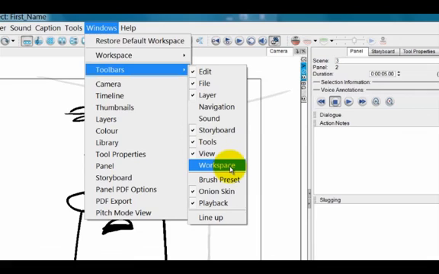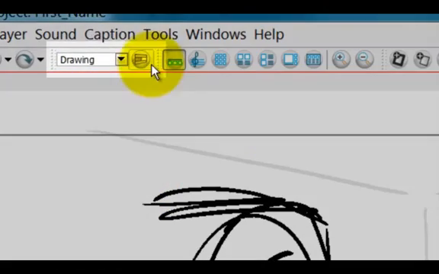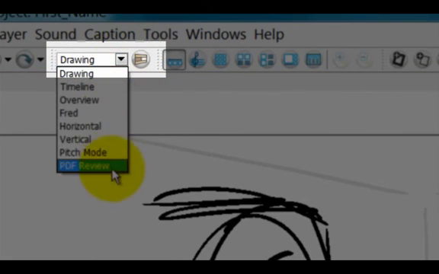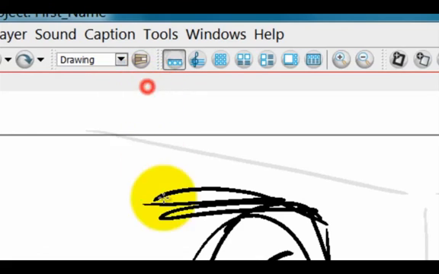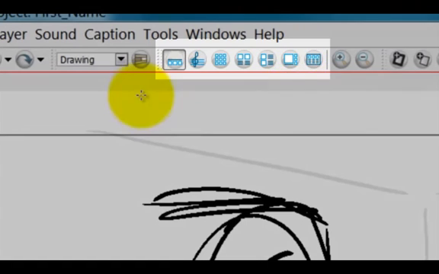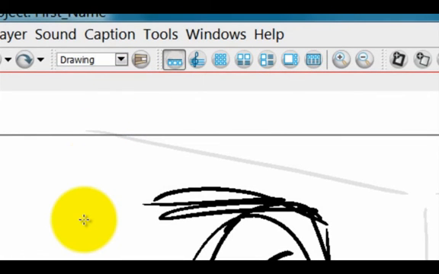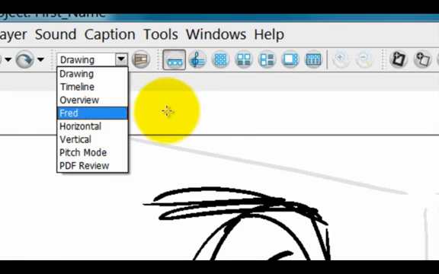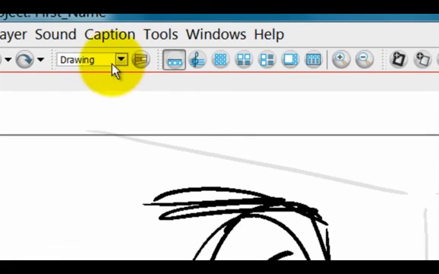By the same token, we're about to go into looking at the workspaces. So there is a toolbar specifically for workspaces. So I'm going to tap on that and you'll see that this new toolbar appeared, which lets me choose between these workspaces. And you may wonder, well, why would I want to do that? Because you already have the ability to choose through your workspaces. But as we'll see coming up, it gives you an option to add new custom workspaces, like this one called Fred, which you would then be able to choose your custom workspace very easily and very